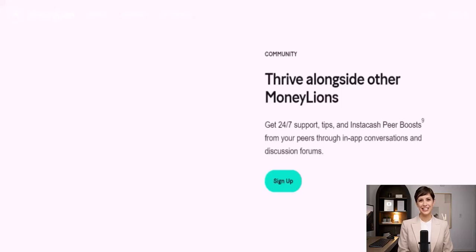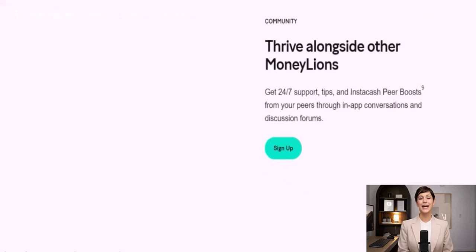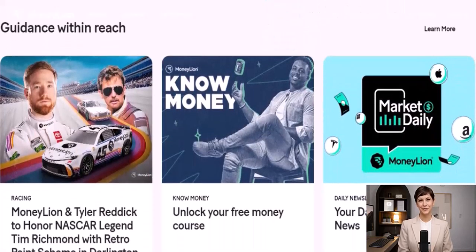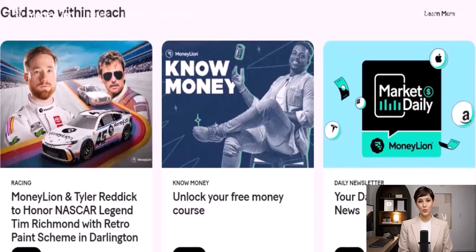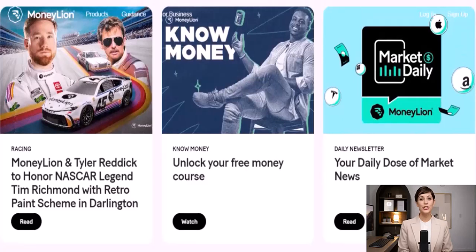To qualify for Instacash using an external bank account instead of a MoneyLion account, you must link a personal checking account that is at least 60 days old. This account needs to show a consistent history of incoming deposits from a payroll provider, government benefits, or a pension. MoneyLion's automated system looks for at least 3 consecutive recurring deposits from the same source to verify your earning pattern. Manual cash deposits, peer-to-peer transfers from apps like Venmo or Zelle, and mobile check deposits do not count as qualifying